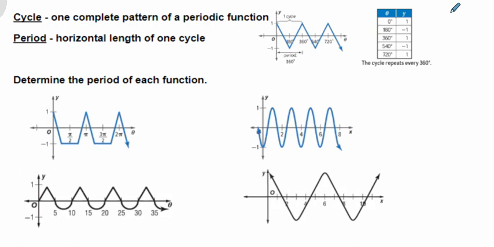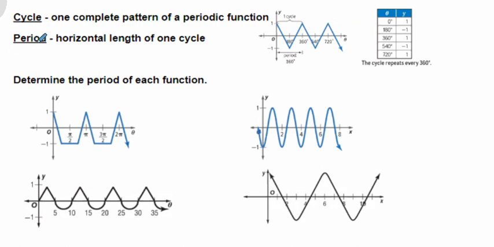Okay, second video here. So we're talking about periodic functions, and what we're going to discuss now is just the terms cycle and period. Now, a cycle is just one pattern of the periodic function before it repeats, right? And so you remember from those old ones that we looked at that it was pretty clear where it was starting and where it stopped before it repeated itself right here. So if you look at this example here, the cycle would be from here to here, right? That's one cycle, and then it repeats that, it makes another V, and it's going to continue to do that,